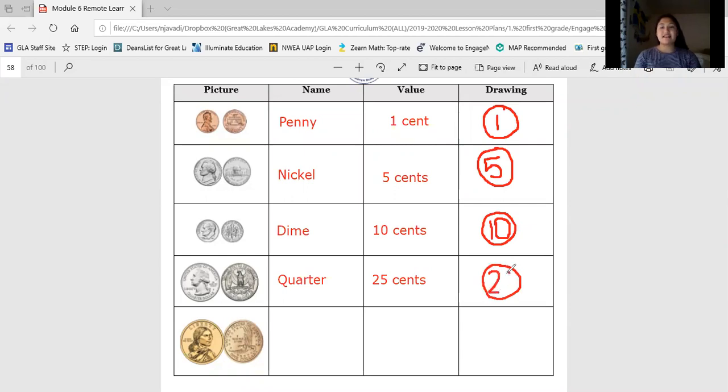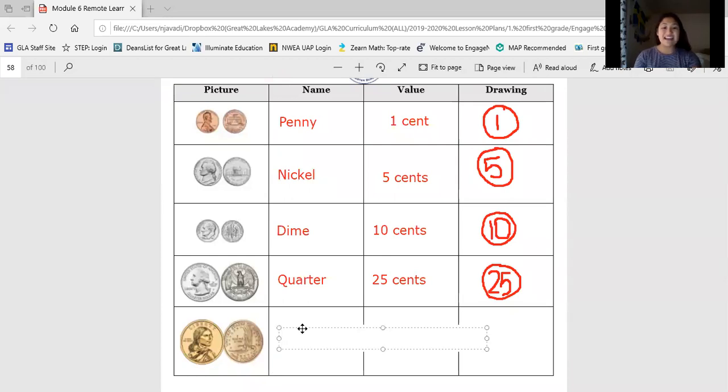But next, I see a new coin that we haven't ever seen before. Let's take a look at this coin right here. It's a little bit differently colored than all the other ones, and it even looks a little bit bigger than all the other ones. This coin is a dollar coin. It is called a,